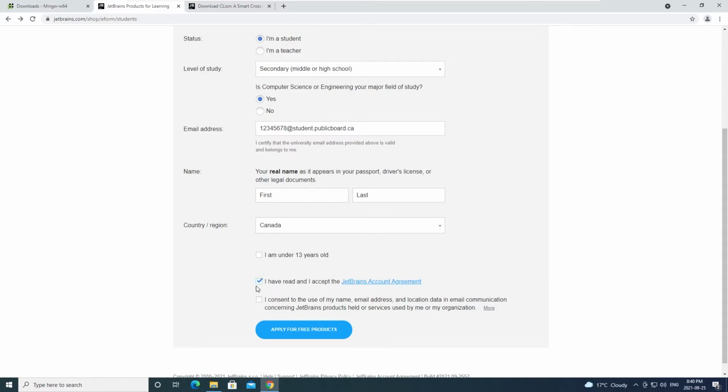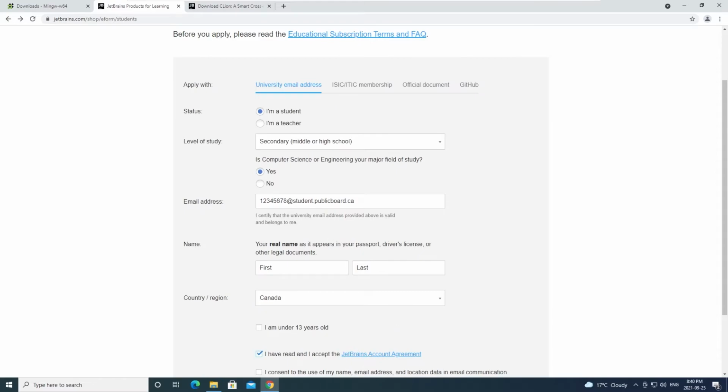And here you want to accept I have read it and I accepted the JetBrains account agreement. You can read it here. And once you do that, you can click apply for free products. And now you should receive an email within an hour on your student.publicboard.ca email on office.com, and you should just follow the instructions there, and you proceed to the sign up page